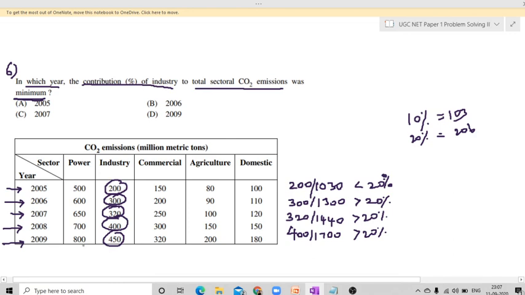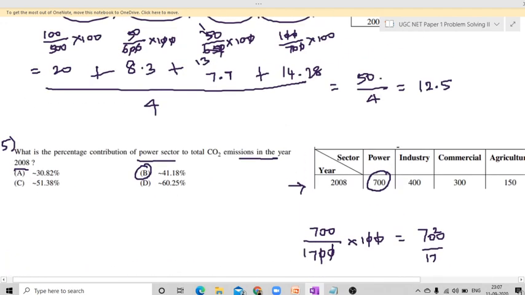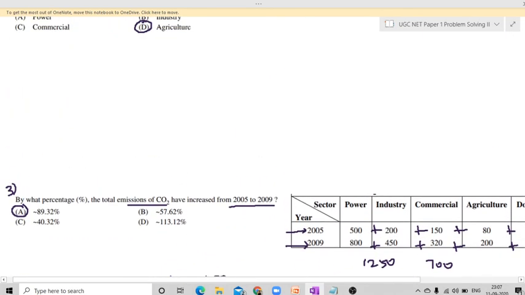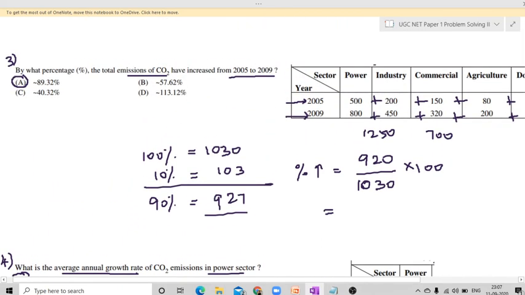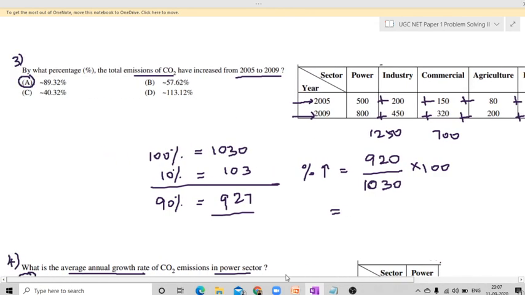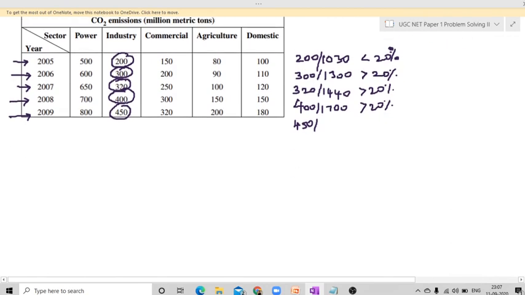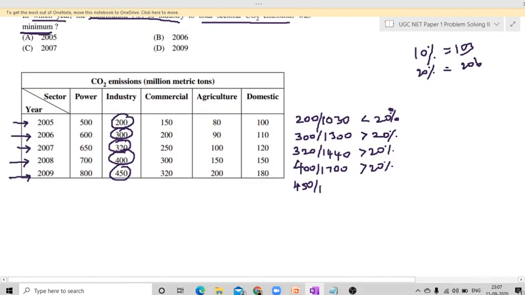And last one, 2009, 450 out of, let's again calculate the total here. Actually, we have already calculated the total, right? When we worked the third question, we found 2009's total to be 1950. Yes, ready, done. Let's quickly note it here, 1950. So let's again do the same thing. 1950, 10% is 195, so 20% will be double, 390, and we have a value which is still more than 390, so that means again this is more than 20 percentage.